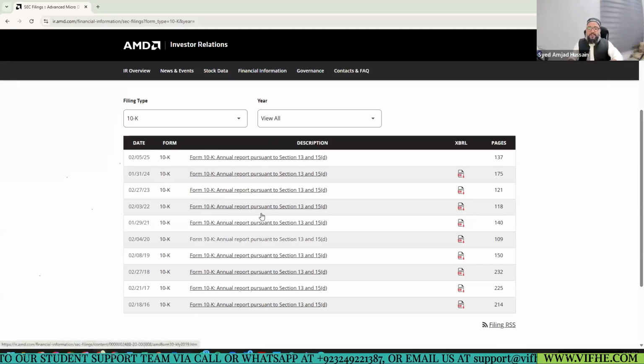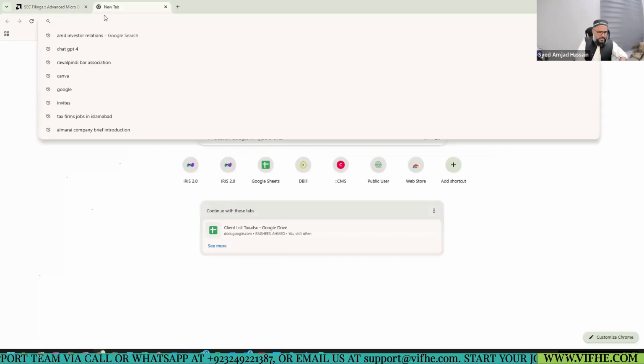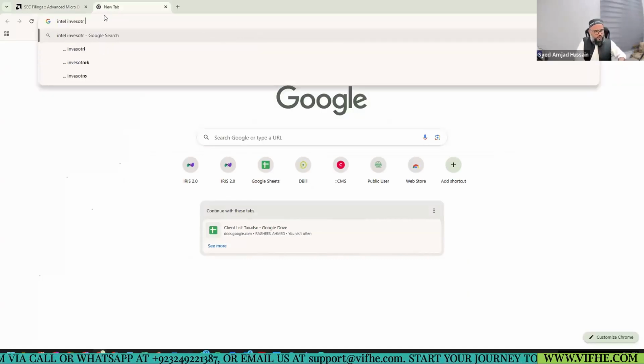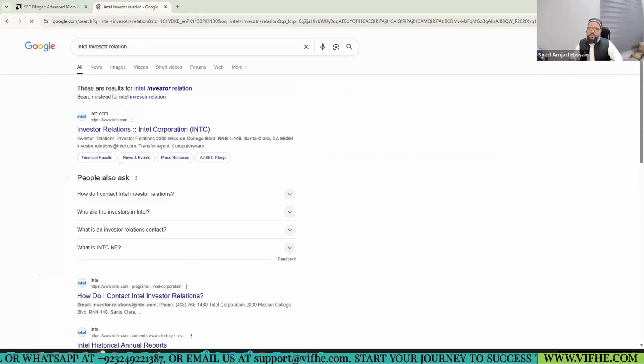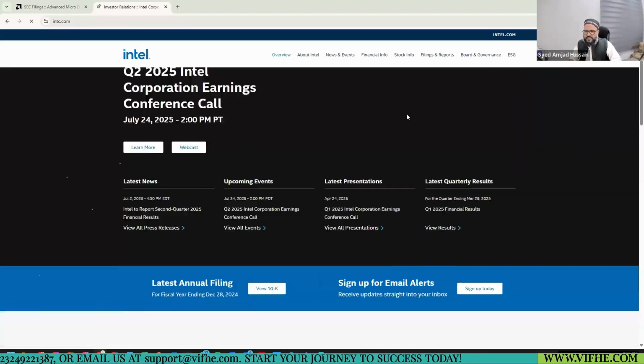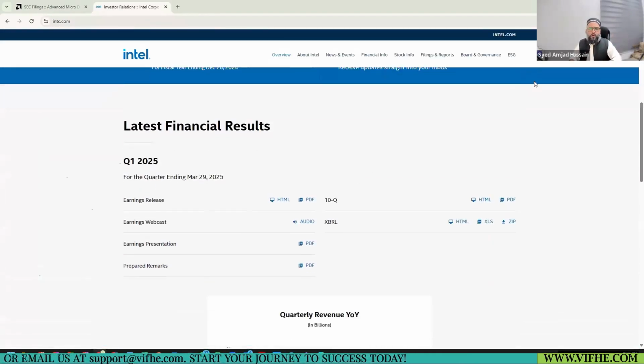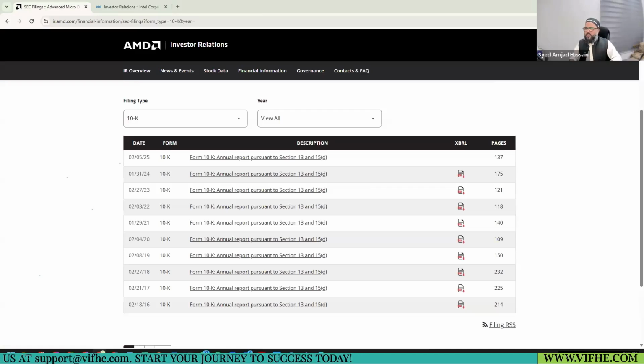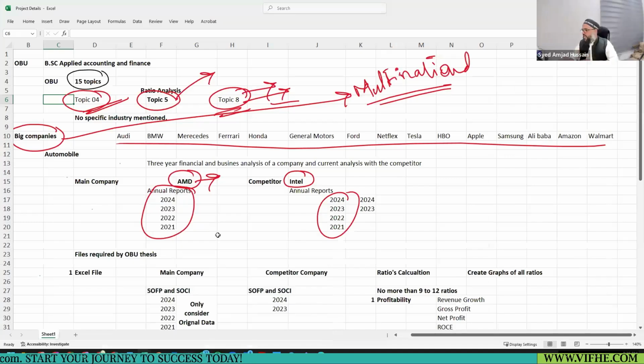I'll be discussing these things later on. Again, for Intel, you can select the Intel Investor Relations page, from where you can find the financials of this company, in the same way that you did for AMD. So once you have downloaded all the financials of the main company and the competitor,